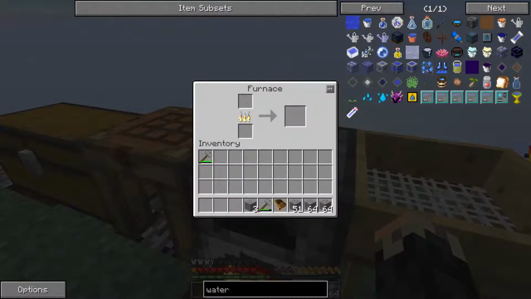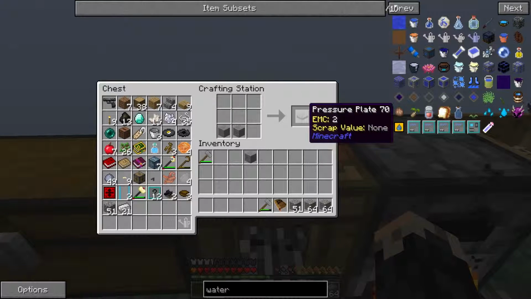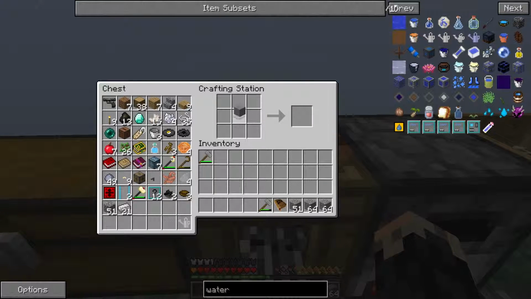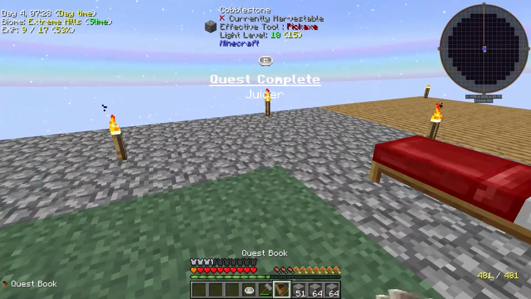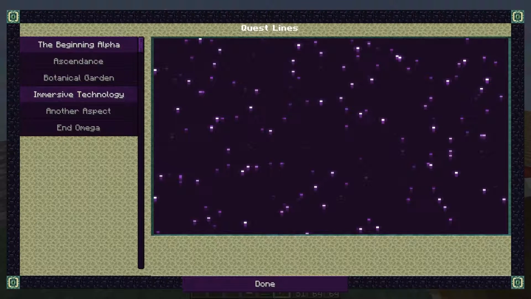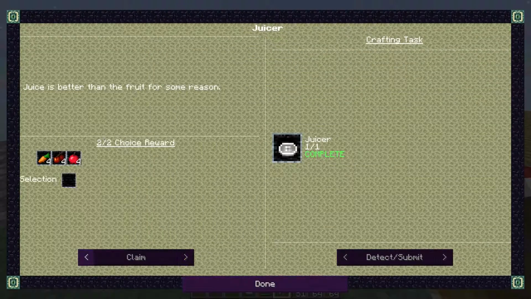And let's grab our stone. Make up a pressure plate, put that on top of that, and that makes up our juicer. And we can claim the... That's unlocked immersive technology by the looks of it as well. And quest complete. So we'll claim...